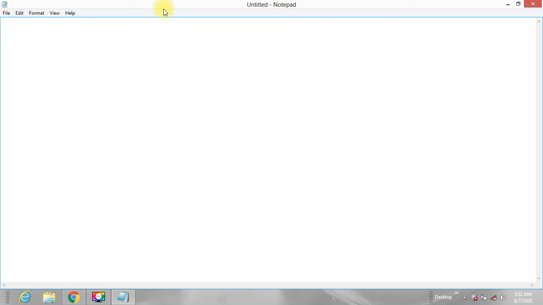Now our basic structure of HTML: write the less than sign, then write html. I have written html in small letters. I told you children that HTML is a non-case sensitive language. For HTML, upper and lower case letters are the same thing. You can write HTML in capital letters and also in small letters. Here I have written in small letters.